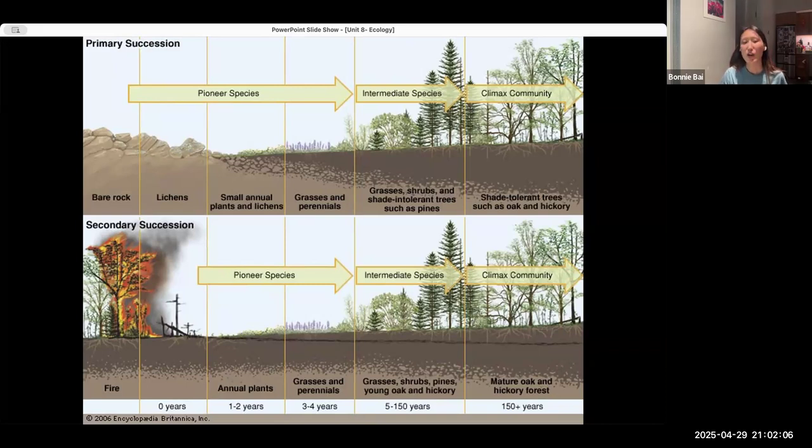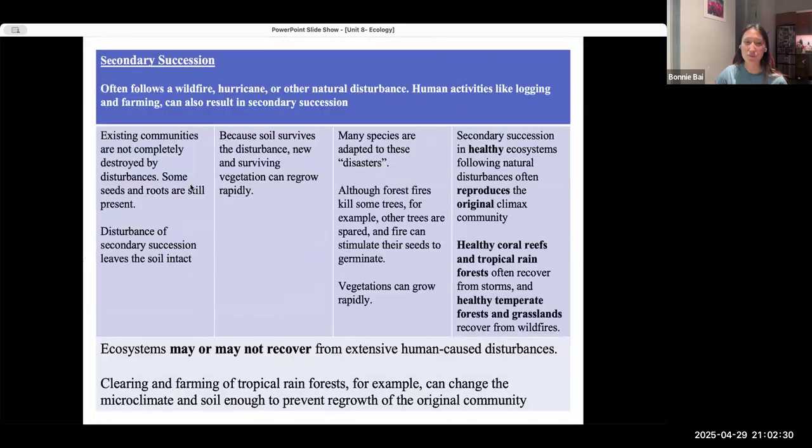Anyway, in this case, we also still go through pioneer species, but these species might be a little bit bigger. There might be seeds that were already in the soil, so you can have slightly bigger plants to start with, but maybe not giant trees yet, maybe more like little bushes. And then eventually you get to the climax community where it's a thriving environment again until the next fire. So that is succession.